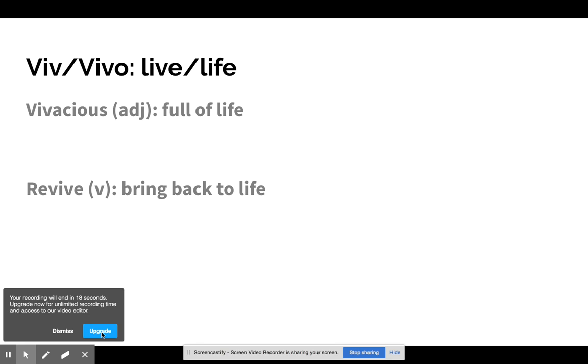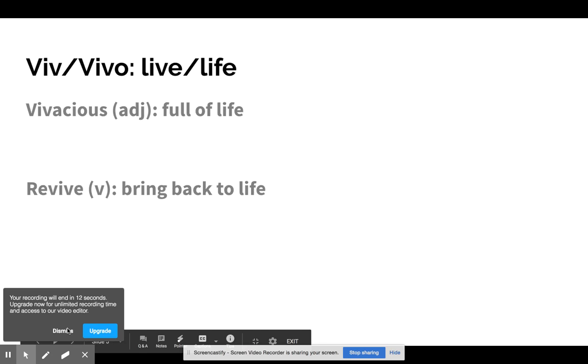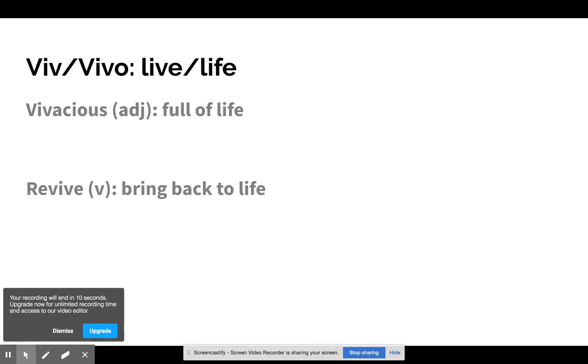And then revive means to bring back to life. So if you, sorry, didn't mean to switch the screen there. If you are reviving something, like if your goldfish flops out of the water and is laying on the counter and you put it back in the water, then you'll see that